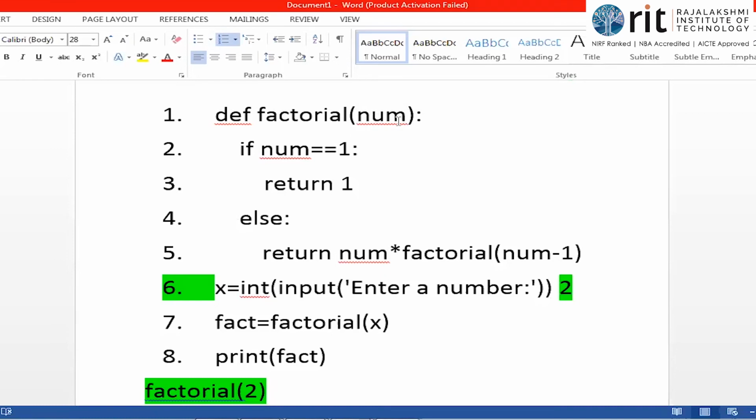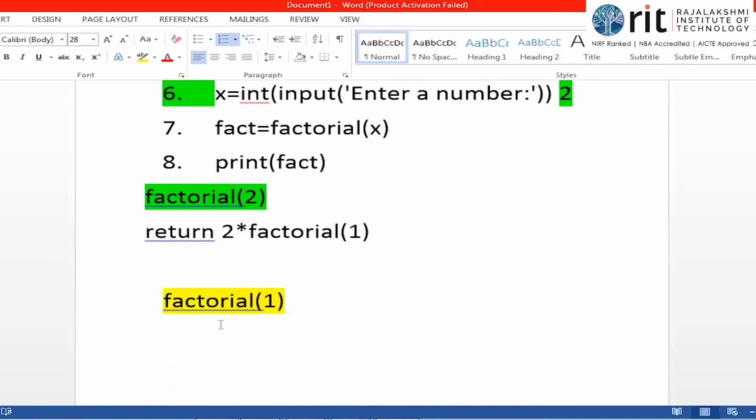So what is num value now? Factorial of 1 na factorial of num. So num becomes 1. So if num equal to 1, 1 equal to 1. What is the answer? True, isn't it? Get into it. Return 1. So what is the answer I get? 1 is the answer. Factorial 1 கொடுக்கும்போது எனக்கு என்ன answer வருது? 1 is the answer I get. I've got the answer, isn't it? I've got 1 as the answer.